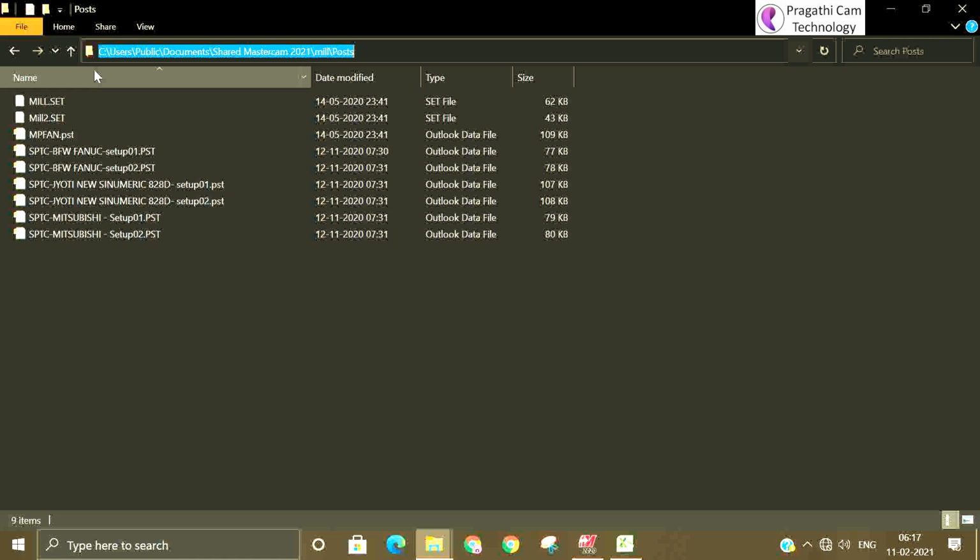You need not edit the program coming out of Mastercam; you directly send it to the machine and run it. That is called post processor customization work.